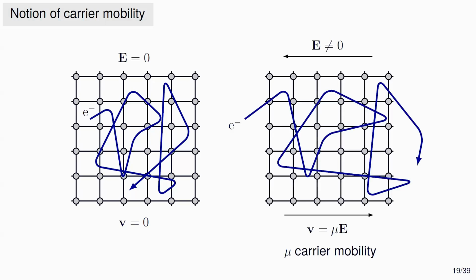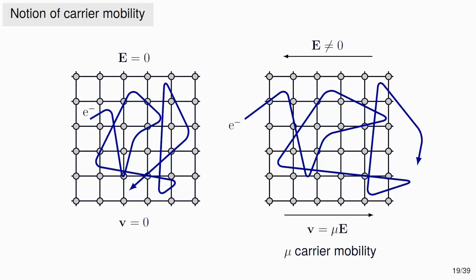If you now apply an electric field, you are breaking the symmetry in this direction. So the electric field will accelerate this electron in between successive scattering events. And as a result, the trajectory will be stretched in the direction of the field. So if I start from this side, after a little time, I will find myself here. So the electrons, we say, acquire a finite drift velocity. We call mobility the coefficient of proportionality between the velocity and the applied electric field, as simple as that, okay? So that's what we would like to calculate.